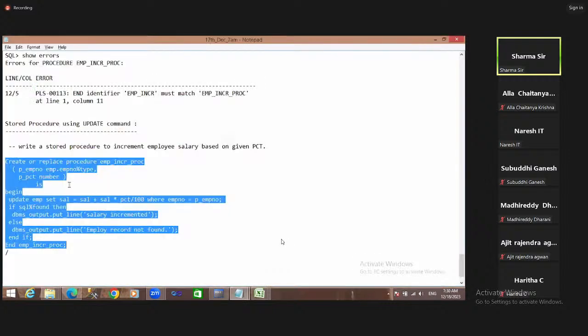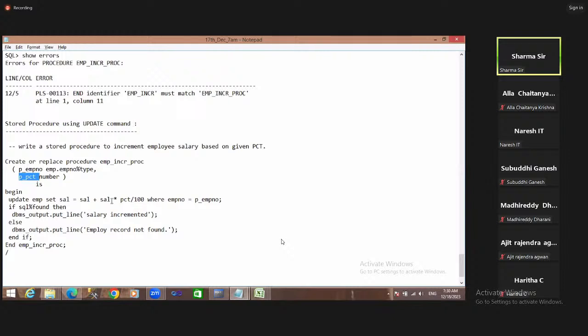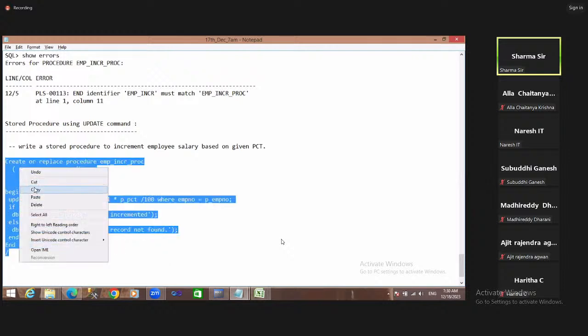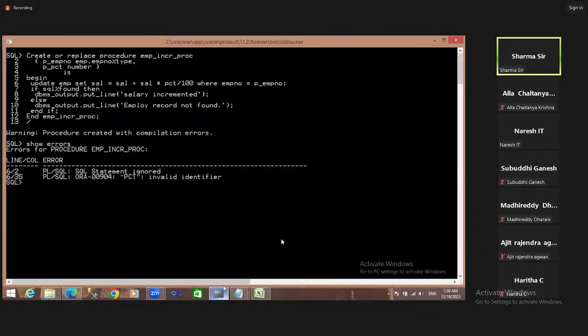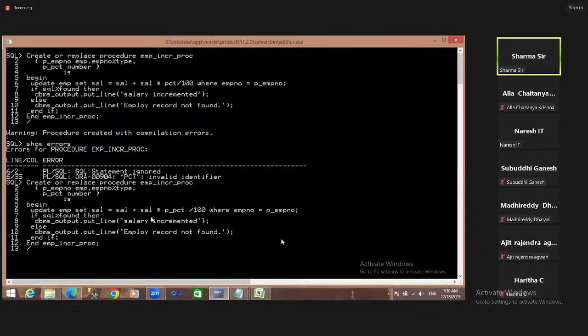PCP. P underscore PCP, right? Here what I'm using, only PCT I'm using. That is wrong, no? See guys, at the time of typing the program, at the time of compilation,